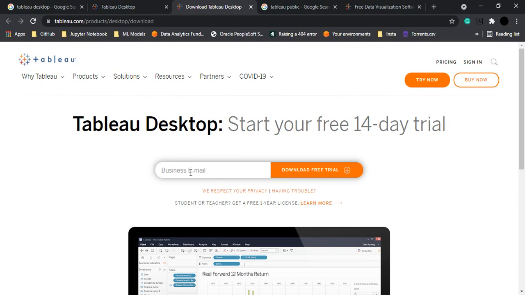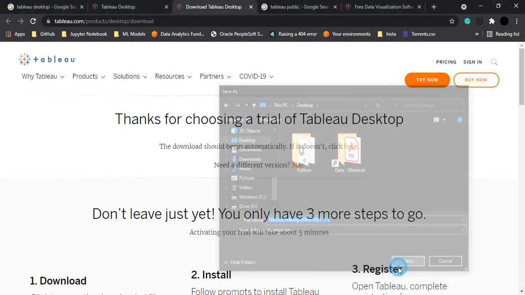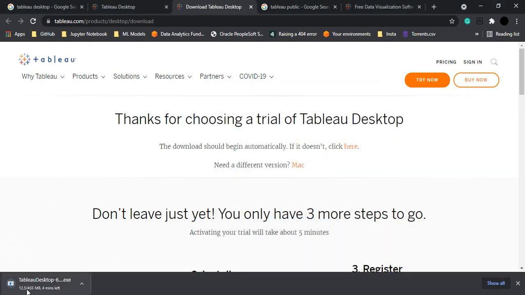Although it asks for a business email, there is no compulsion for you to add your business email. You can simply provide a simple Gmail address. Okay. So this is my email address. As you can see, it's a simple Gmail address. I've provided it and it's accepted. We can click on download free trial. Now what happens? My download begins. I can click on to save it. Now its size is 455 MB, so it's going to take a few minutes to download. You have to wait for that particular amount of time. So let's just meet once this file has been fully downloaded.